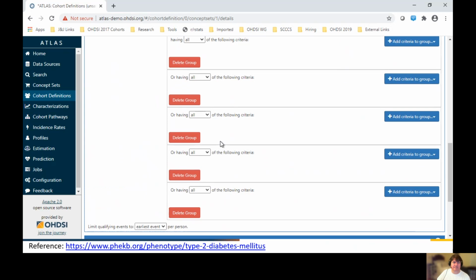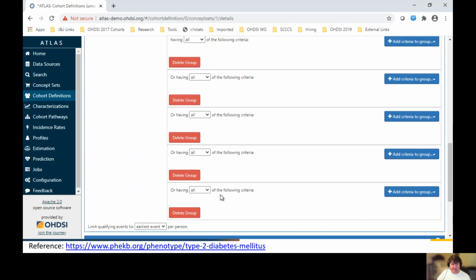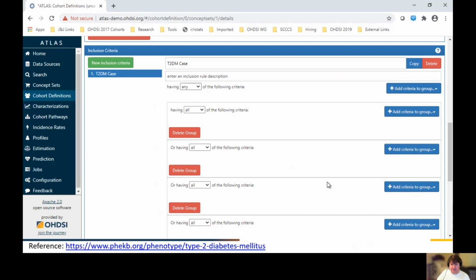That's just to allocate the groups so we keep it clear in our own minds what we're doing. You can even read it as having any of the following, this or this or this or this. Okay, so let's go back to the first